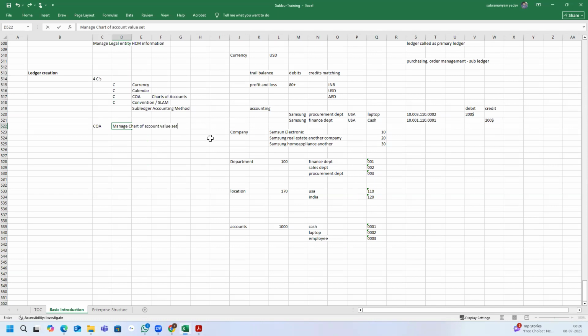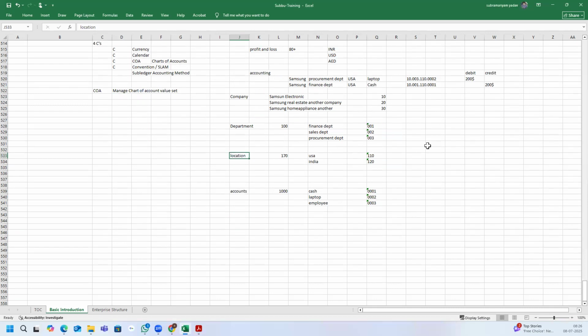So here we have company, department, location, accounts. In this, three are important. Company, department, and accounts are mandatory. Location is optional. In real time, when you are giving an interview, the companies may ask,